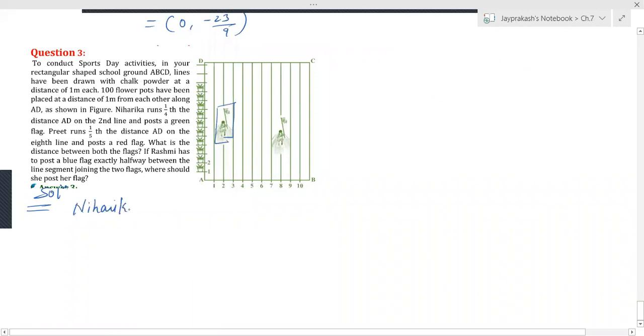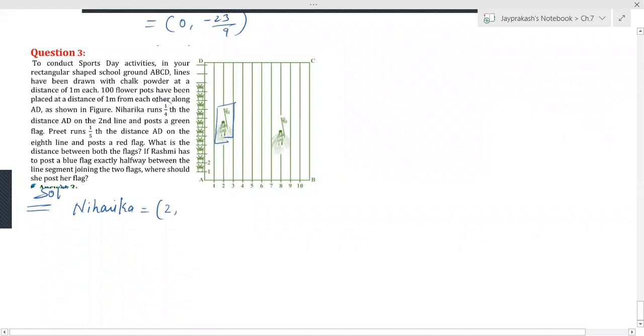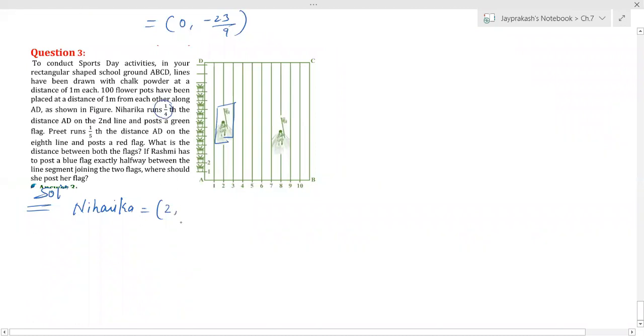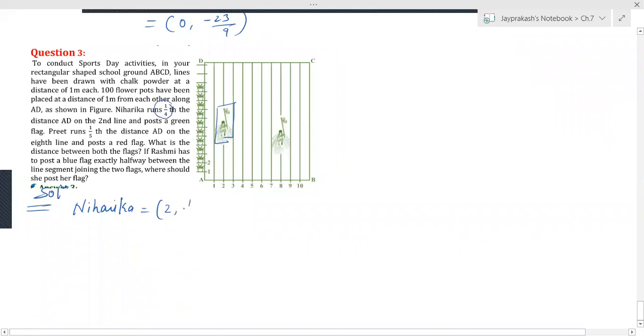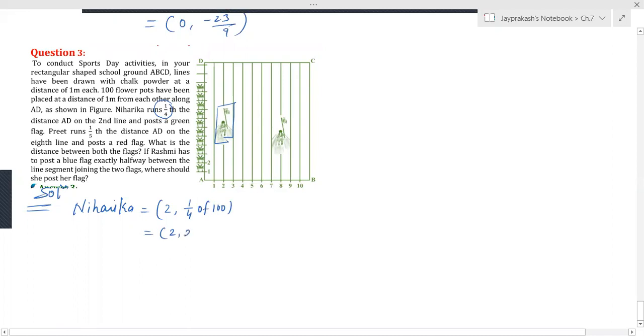So Niharika coordinate will be 2 on x-axis और distance travel करती है 1/4 of the total 100 flower. So 1/4 of 100. So 25,